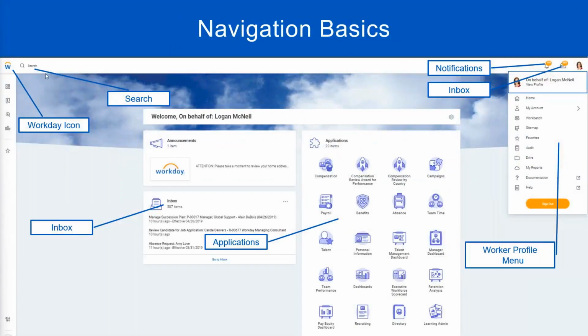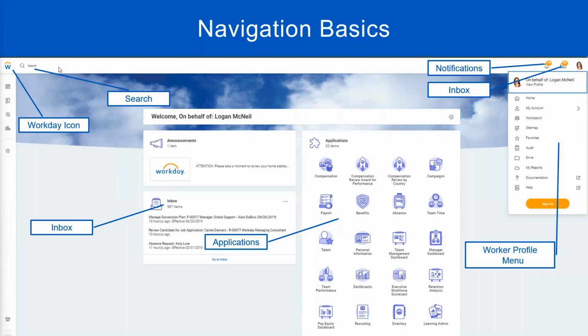We see the Workday icon on the top left hand of our screen and we said that we know now that it is equivalent to the home button that we see on our mobile phones. Right. If you want to come back to this landing page or to the workbench, etc. before we start working on something else, we can click on the Workday icon. Then we have the search bar. In the search bar,